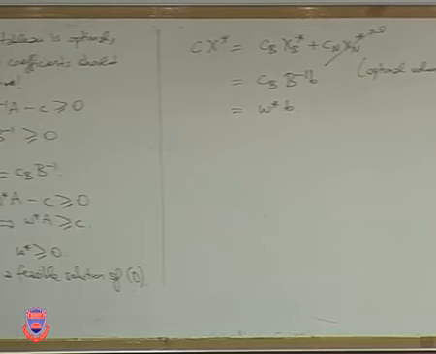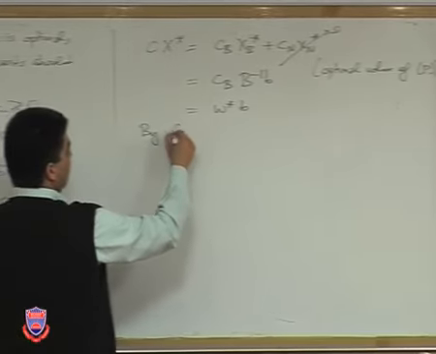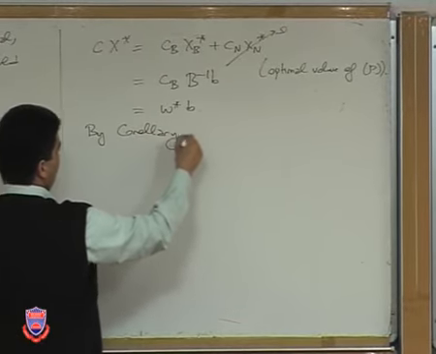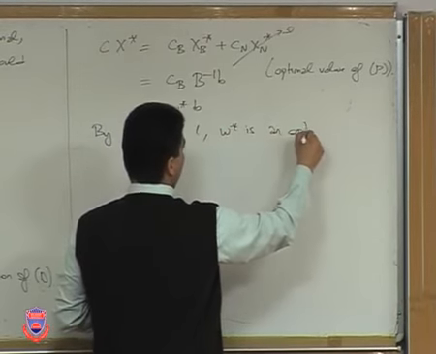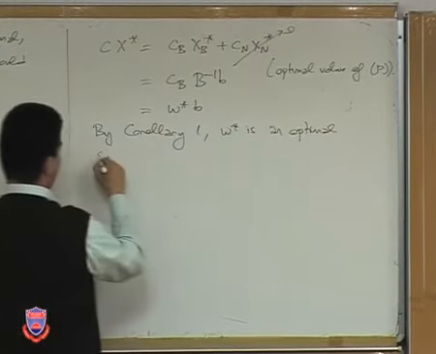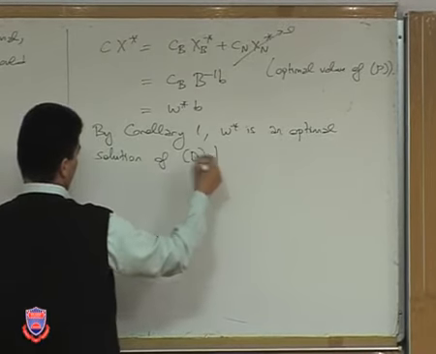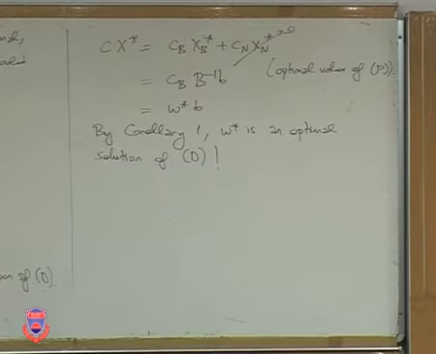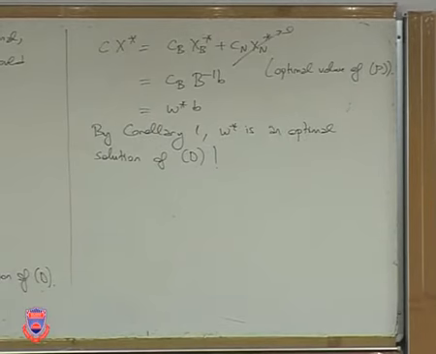Okay? So now we're going to use the previous corollary, right? So by corollary number 1, W star is an optimal solution of D. And that actually finishes the proof, okay? So that shows that indeed W star is not only feasible, but it's actually an optimal solution of the dual